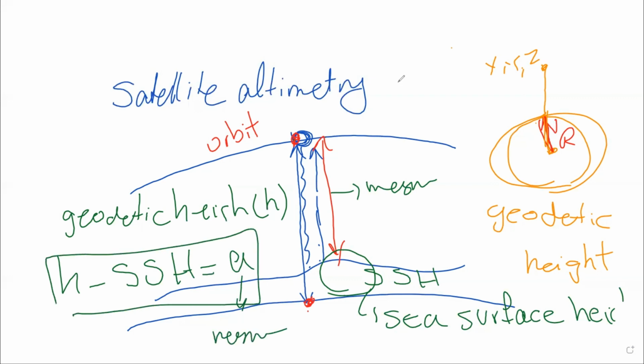So this is a simple formula for the measurements of altimeter data. H, the geodetic height of a satellite, is known from the orbit. Sea surface height is the thing that we don't know actually. We want it. And A is the measurement. So if I simplify this formula,